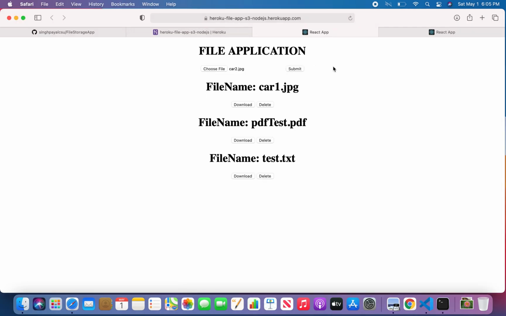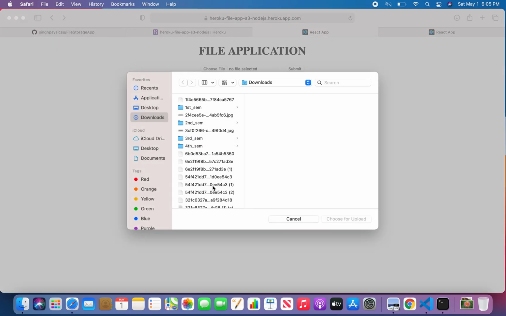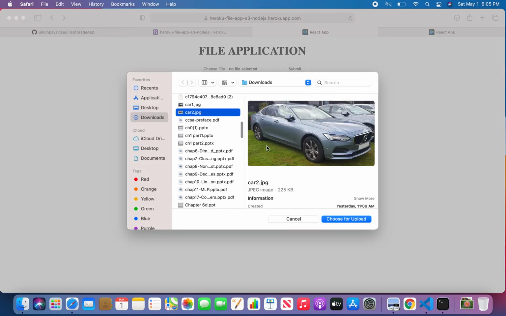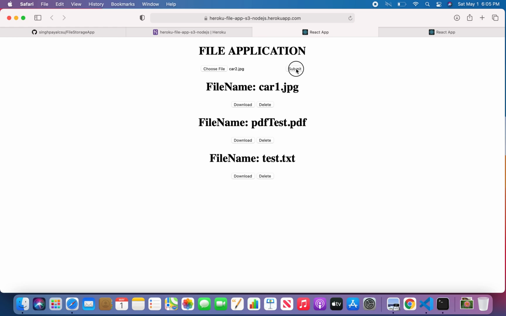So since I've uploaded the file, let me refresh. I think it takes some time, let me check. Yeah, so this is the car2 upload, and here you can see I've given the options of download, delete and so on.